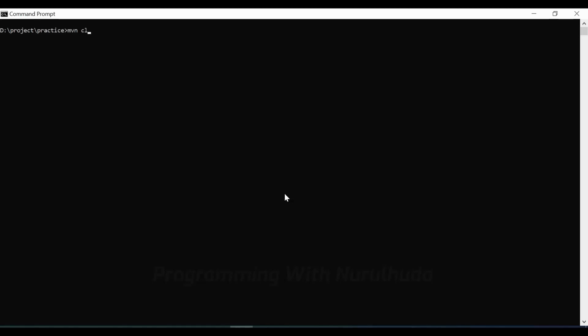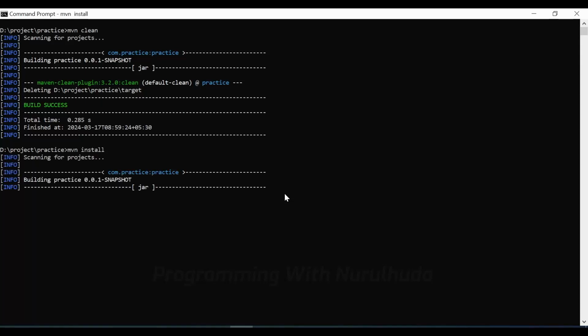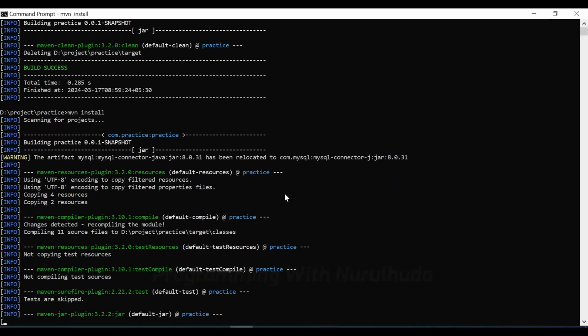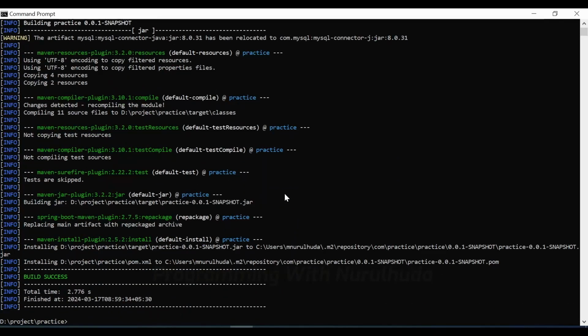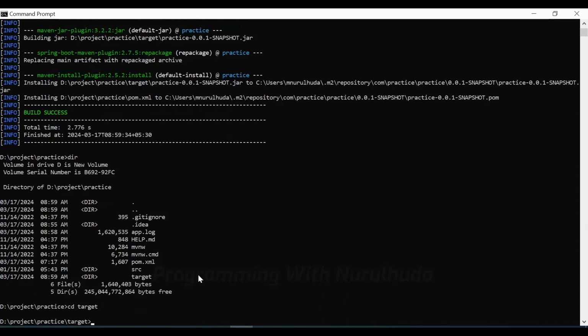mvn clean. First I entered that. Now the project is clean and the second step is mvn install. Using that, it creates one jar file. Now see here, we can see one directory, target, created, and move into the target folder, and here